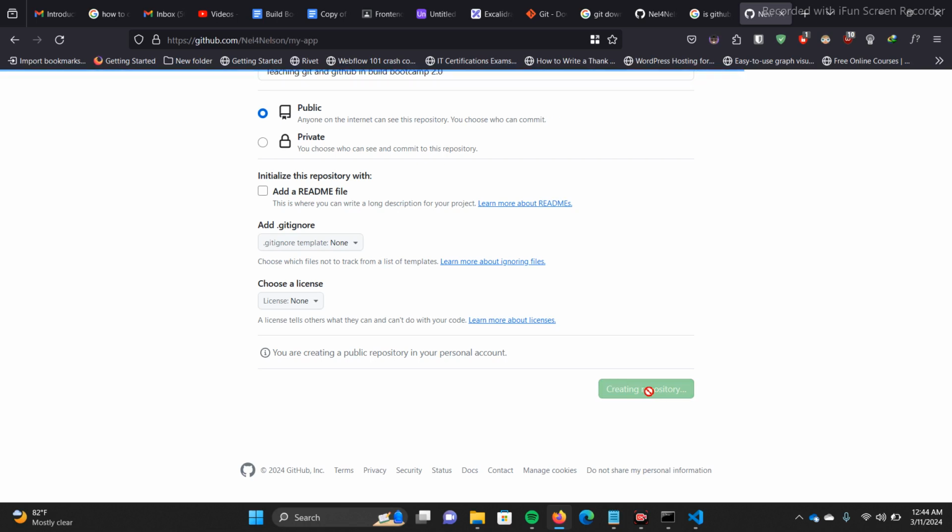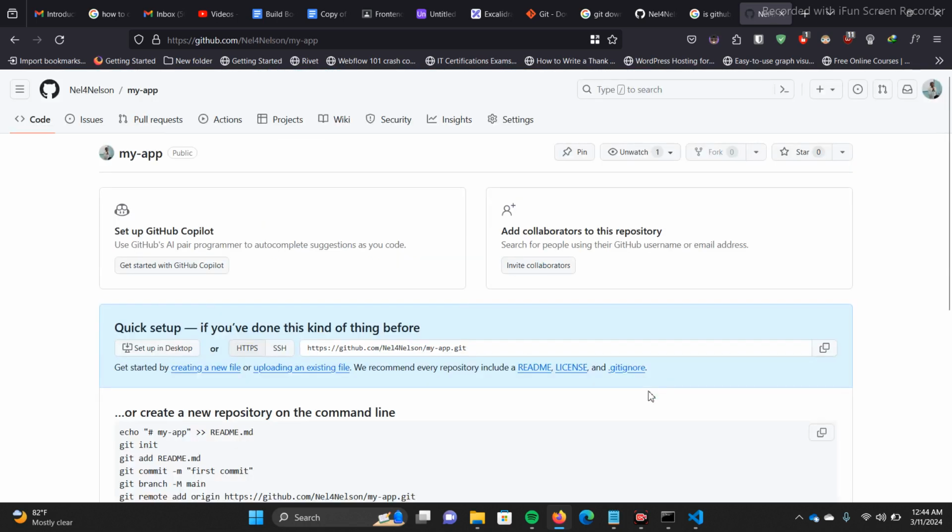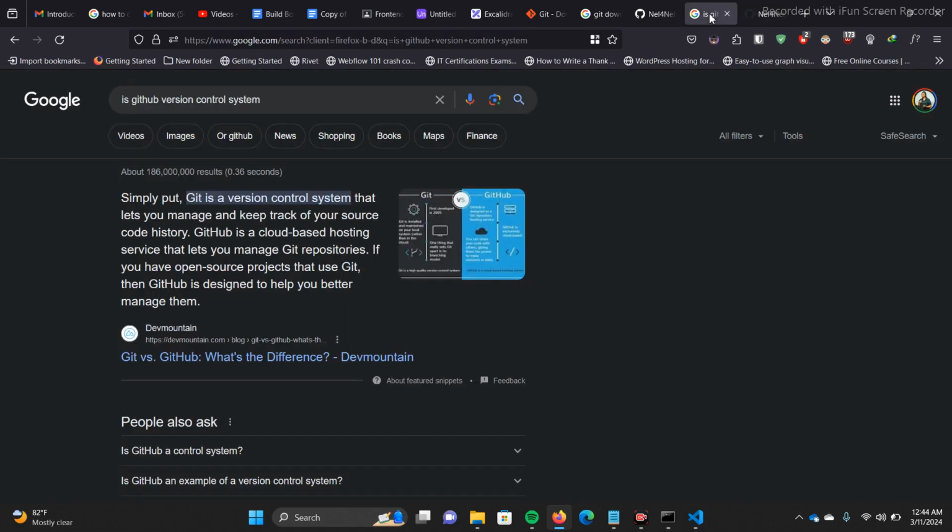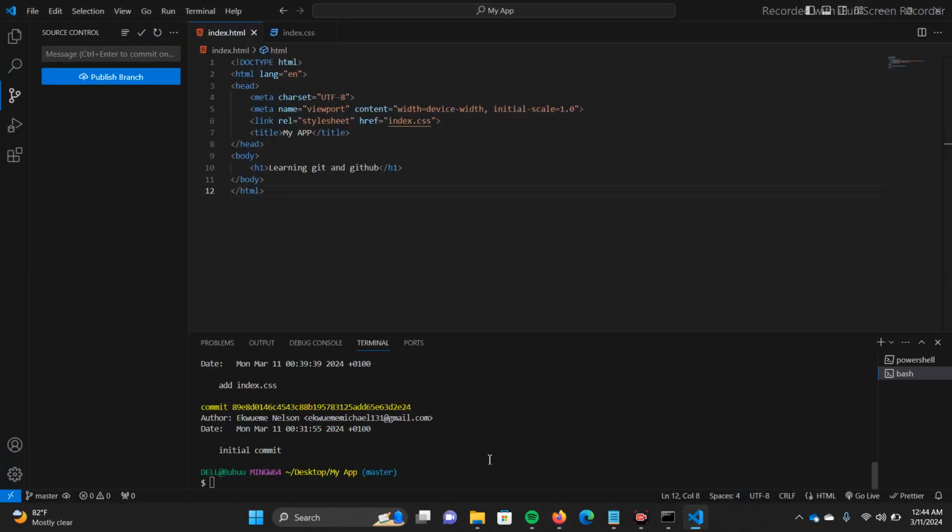So I'm waiting for this to create. GitHub is a cloud service. So GitHub is a cloud-based hosting service that helps you manage your Git repository. So what this does is, whatever we did here in Git is local. Okay, it's not remote. See it this way, it's just like you taking photos with your camera, and it's local in your gallery. But if you don't push it to Google Photos, what could happen is, if there is any issue